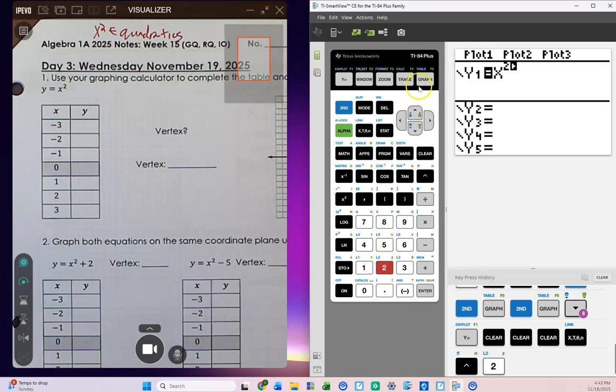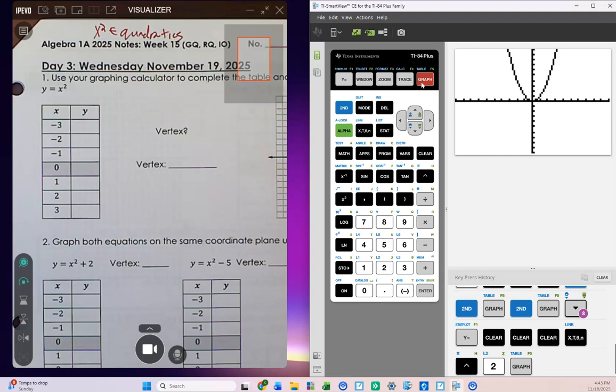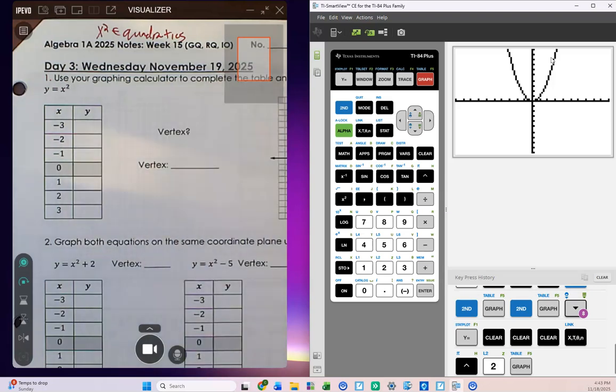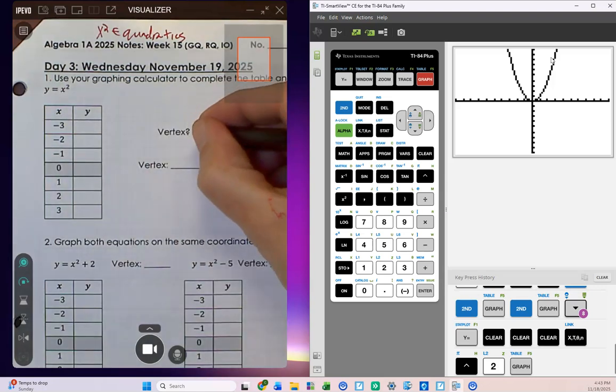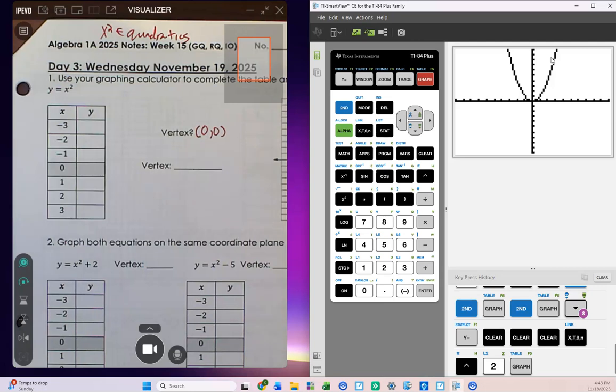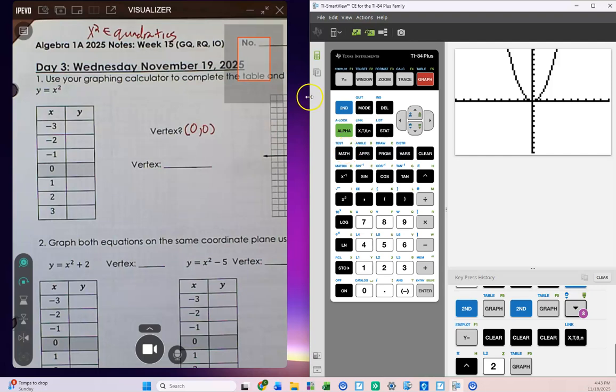Let's look at the graph. You're like, that looks very close to absolute value. Don't get it mixed up with absolute value. There is an actual vertex in this function as well. And you can see it's negative. It hits 0 and then it starts to become positive. And if we look at the table,